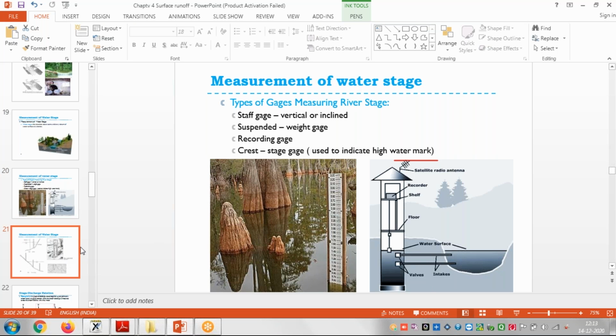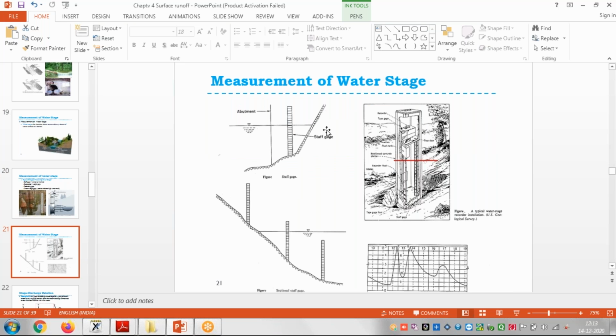So some more diagrams are given here. See here what I discussed. This is one staff gauge that is fixed. Suppose this is the water level that is measured here, from mean sea level. There may be some sea, right? So from mean sea level, what is this height of water? We measure this. Similarly, once we know the height of the water,